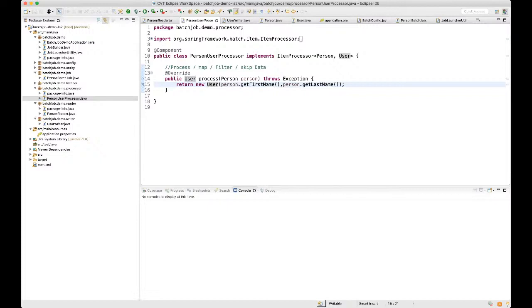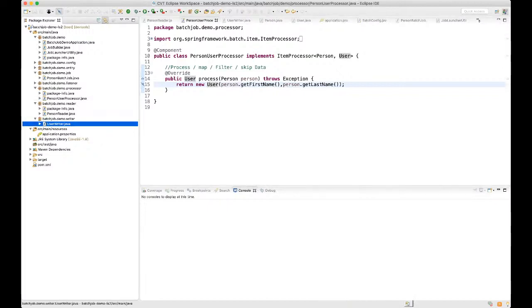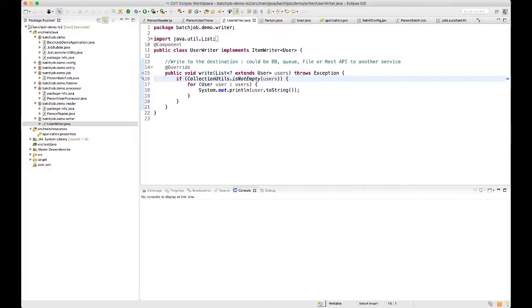Here we have our writer, you can see. Here we are not receiving records one by one, we are receiving a list of records. It depends on the chunk size. In Spring Batch we also use chunk oriented programming, where we can define how many records we want to pass together to the writer after the processor has processed them. So here we get that list of records, and then we can write them into another DB or file, or call another service via REST API. Whatever we want to do with our data, we can do it here. So this is the code.